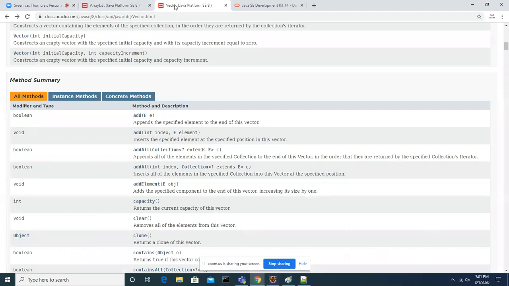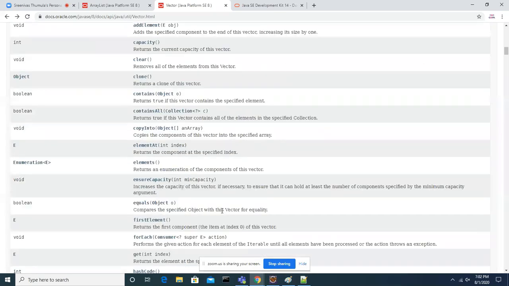Let's keep Vector as synchronized for now. Before talking about what synchronized is, I have to talk about the multi-threading concept, and I will. For now, the basic difference you understood is that Vector is the old class since 1.0, and the difference between ArrayList and Vector is that Vector's methods are synchronized and ArrayList's methods are not.